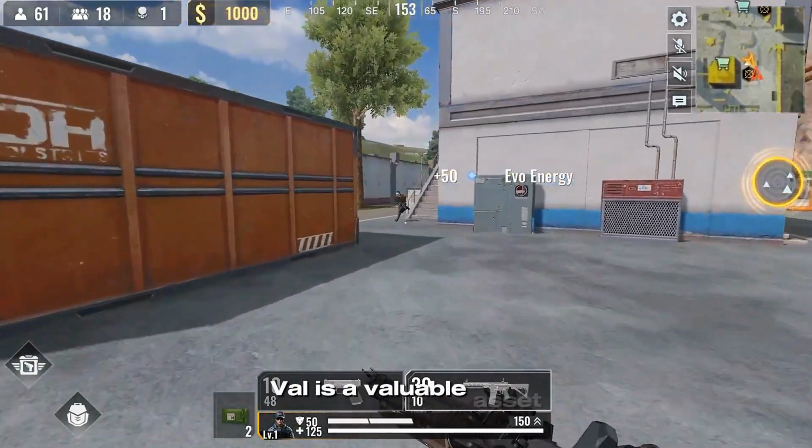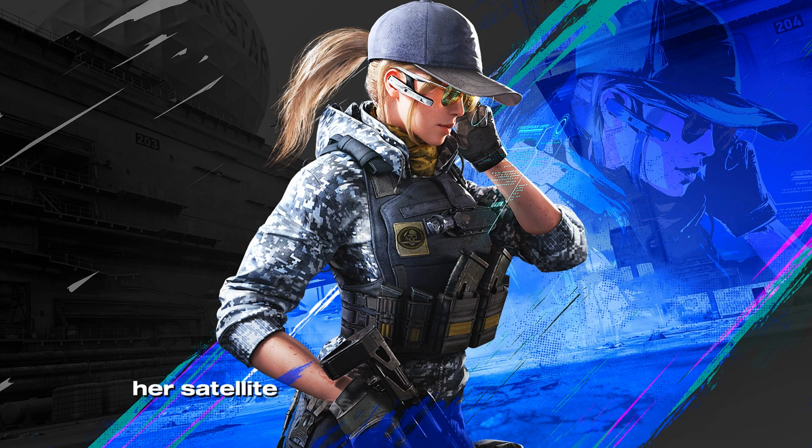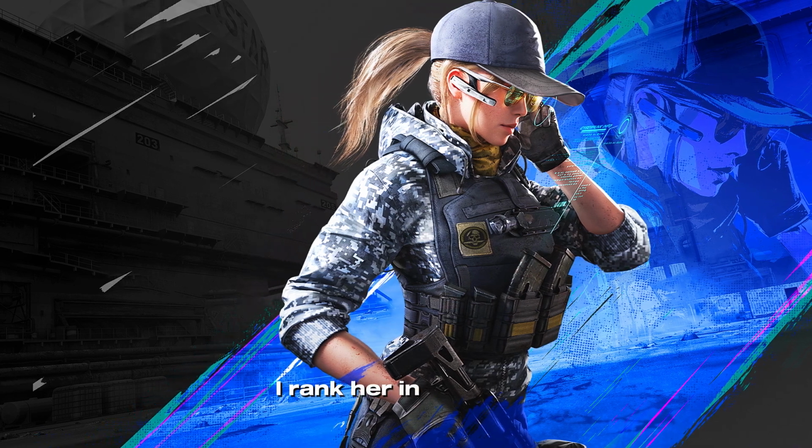Val is a valuable asset, particularly for squad play. However, her satellite takes up a lot of time to activate, making it less effective in fast-paced situations. Due to this drawback, I rank her in the A tier. Now let's move on to the incredible strikers in the game with the highest pick rates, ranging from 70% to